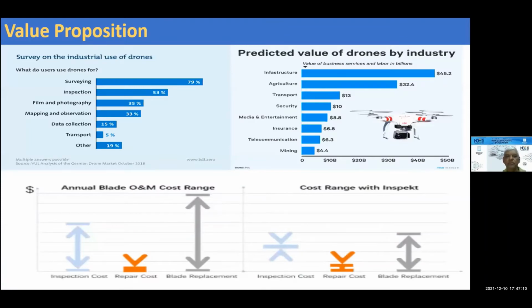And here is some value proposition by survey by different people who have done it. Clearly, you can see users of drones. So 53% are using it for inspection, which is quite used. And the biggest use is in infrastructure, which is again assets, and things like that. And there is huge cost savings, which can be well shown here through various things by many people who